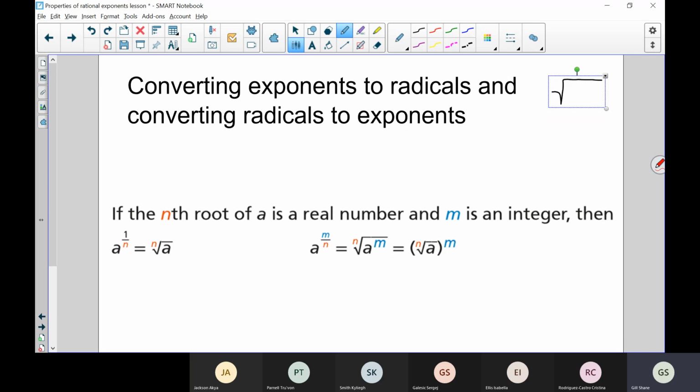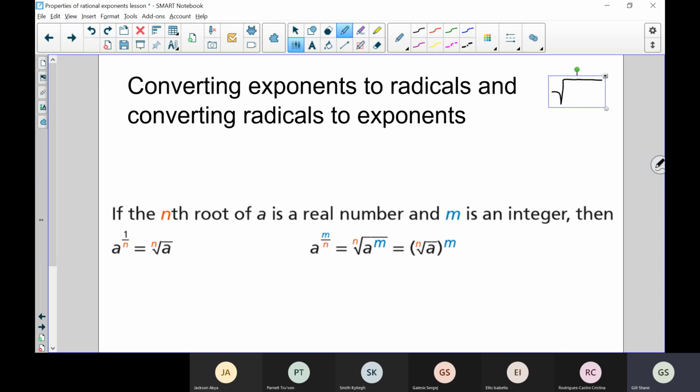Almost done? All right, so I'm going to just start talking about this. You may still be writing, but again, this is recorded if you need to go back and look at it. So it's got some weird vocabulary in here, so I'm going to explain what this means. It says if the nth root of a is a real number and m is an integer, then all of this is true. So when it says the nth root,